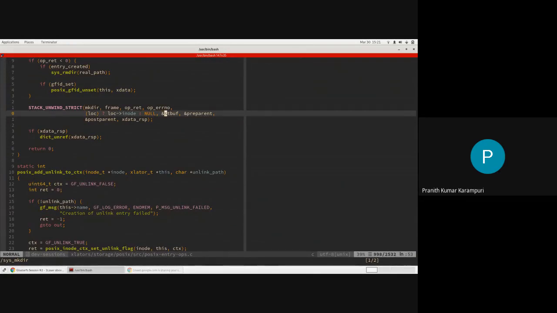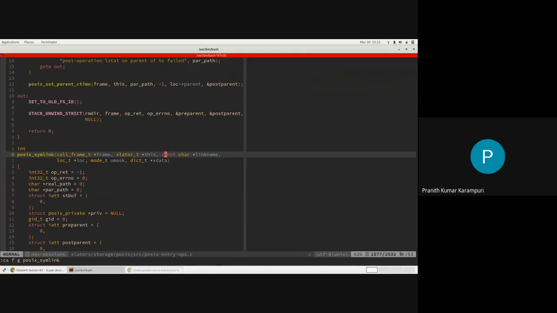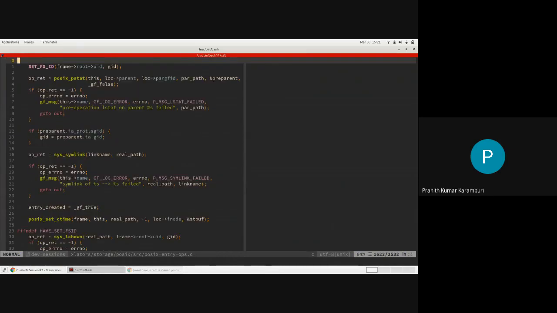Any creation operation, you can also look at something like symlink. You will see that all of these now have a similar pattern. You have a link name and the LOC, and you will see some form of a link that will happen.